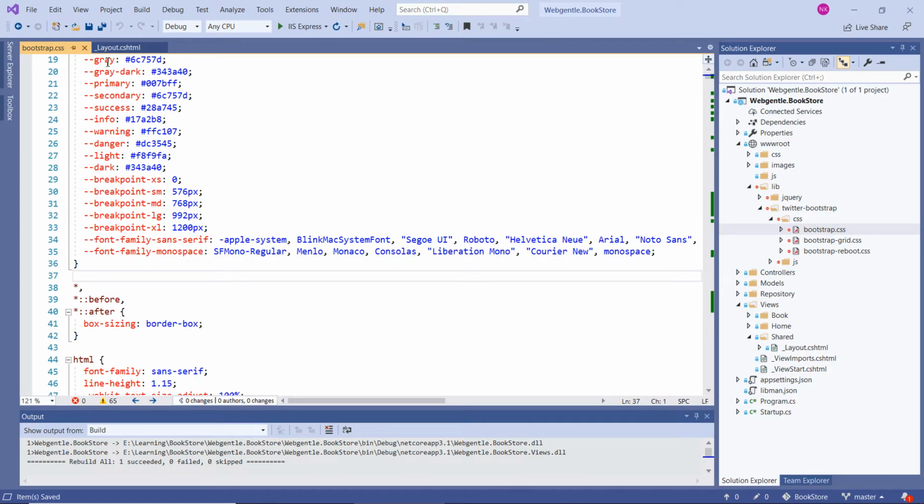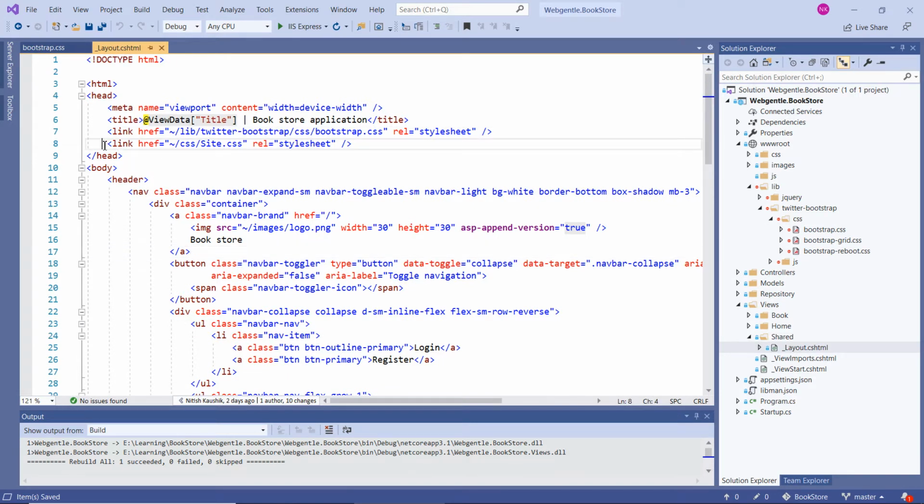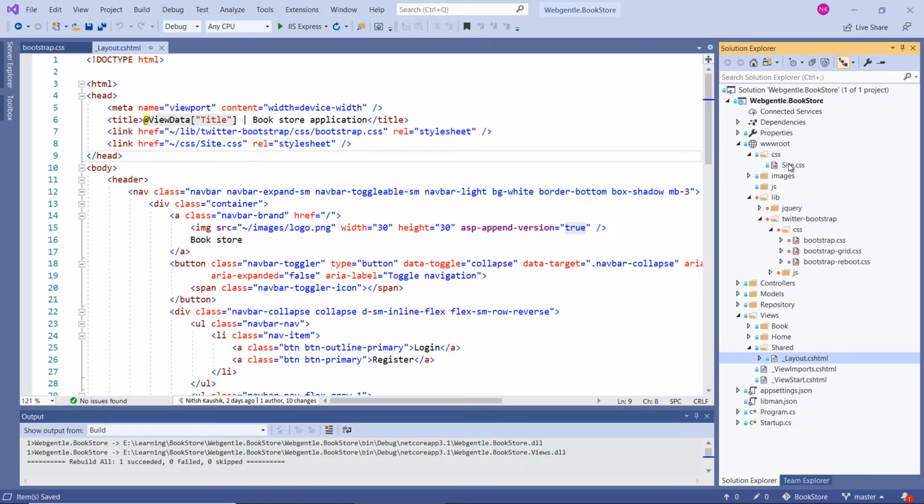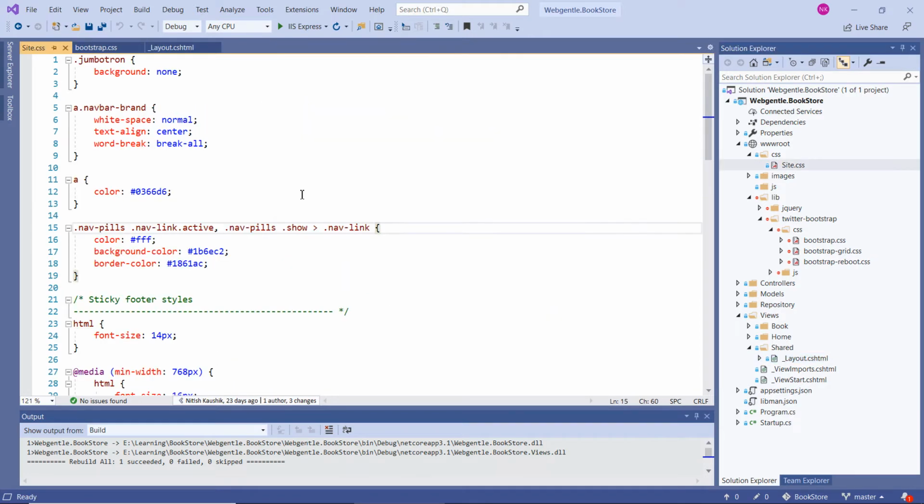Let's focus on one more file. Here you can see we are using one more CSS, and the name is site.css. What is this file? This file is coming from this folder. This file has all the CSS that we have written specific to this particular application. Since we have written very little code in this file as of now, the size of this file may be small at this time, but whenever in future you write loads of CSS code into your file, then at that time the size of this file will be huge.